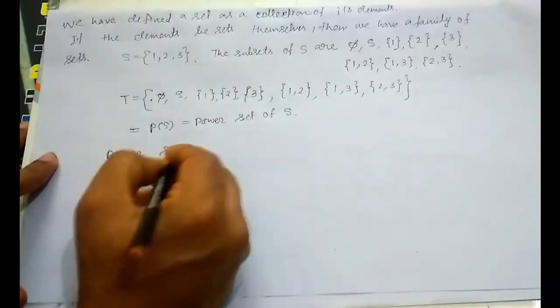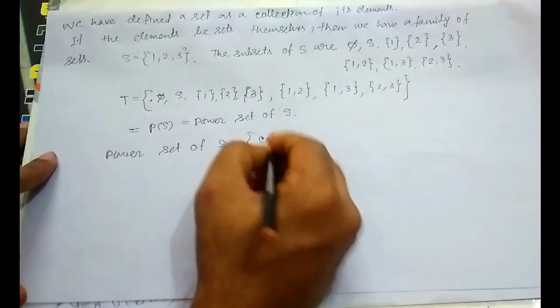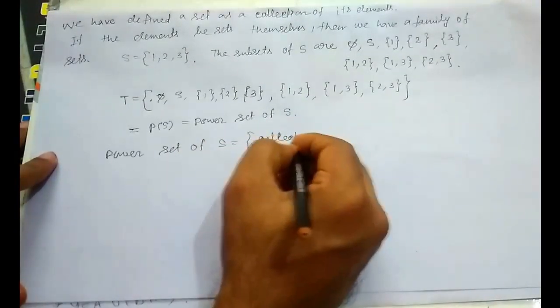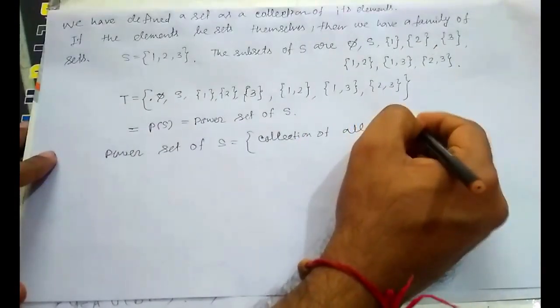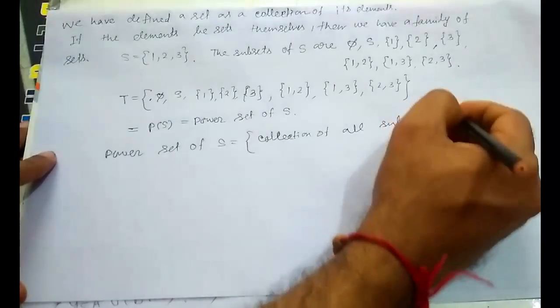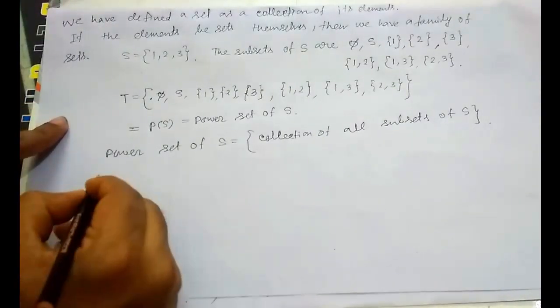Okay, so what is the power set of S? Power set of S is equal to the collection of all subsets of S. It means we are creating a new set in which the elements are nothing but the subsets of S. Okay, and